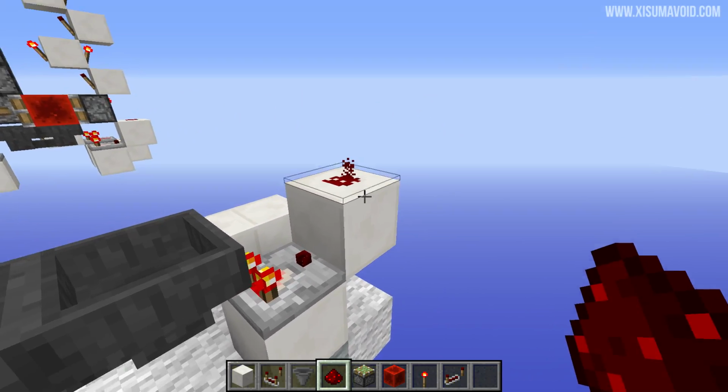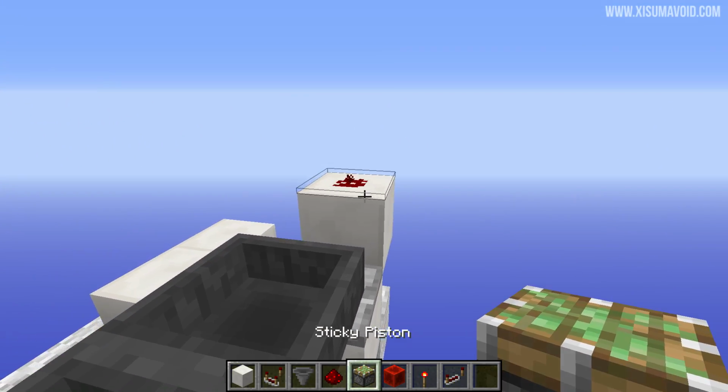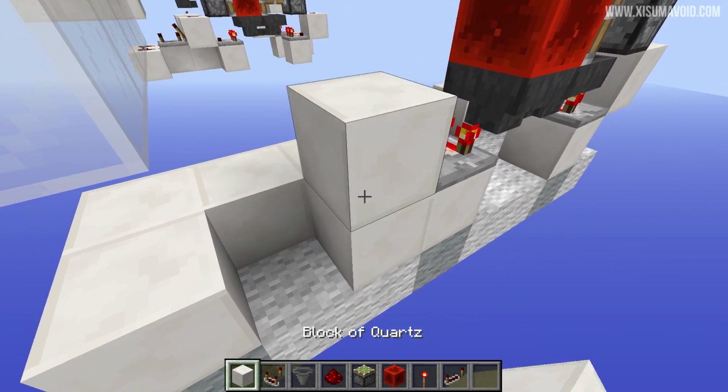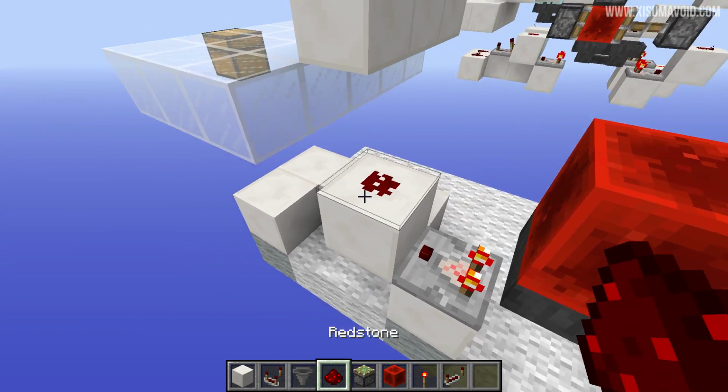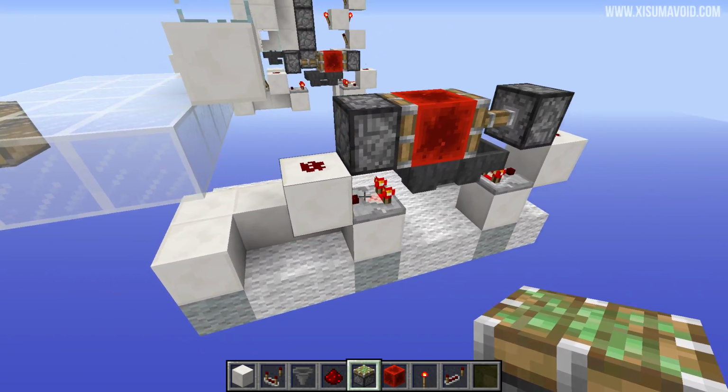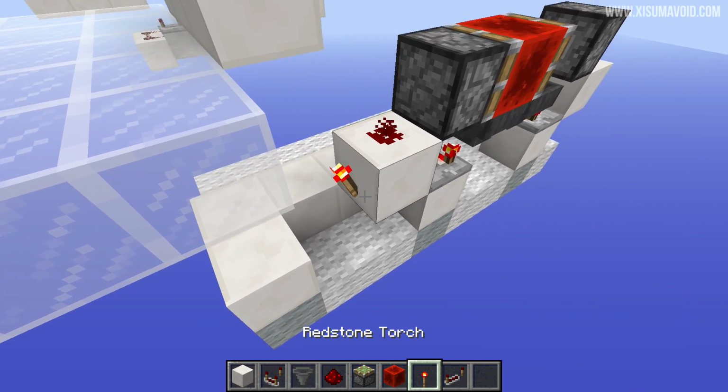So a block, a piece of redstone on top of it, and then a sticky piston facing forward, and put that block of redstone right there. Then want to come over here and put in some redstone and another sticky piston facing forward. So that's the hopper clock set up, and while this side is powered,